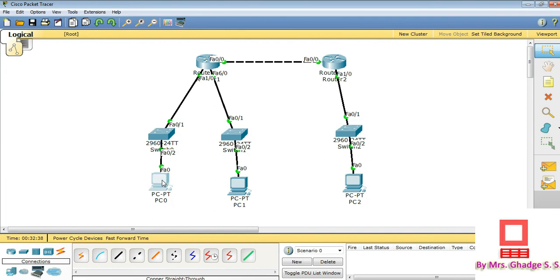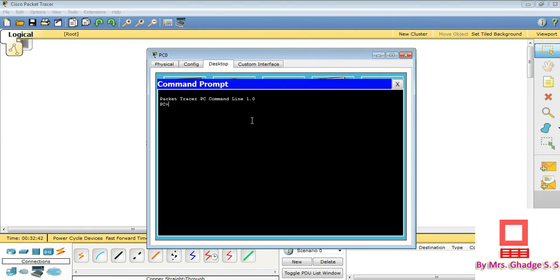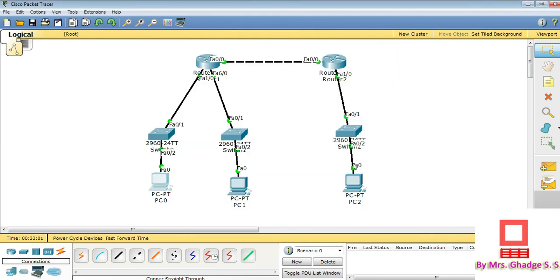You can also check it with the help of the ping command. Click on the first PC, open the command prompt and write the ping command, ping, and the IP address of the third PC, that is 10.0.0.2. Click on enter. You will get a reply from this PC. That means our connectivity is set. Similarly, you can check this from PC2.